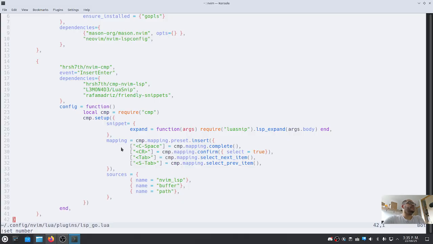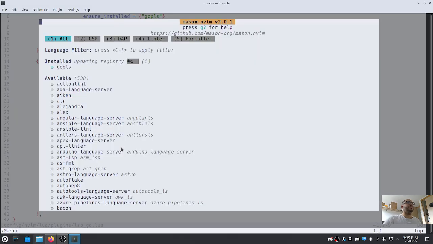The thing is that if you see, this seems like it's returning to functions, basically, yes. So you can separate them, like autocomplete.lua and the other one like Mason.lua. What it will do when you do that is just enable you to use Mason. You can press g? for help, but basically this is a nice menu to install and manage your language server protocols,